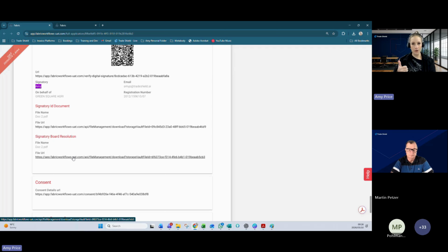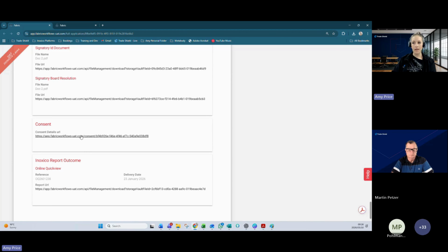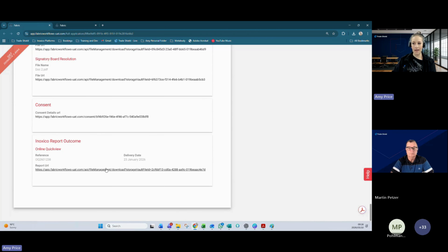When was this board resolution provided? Does it have an end date for when Amy can stop signing on behalf of the company? Has it been signed by a director? And does that director look like the directors on the credit report? Does it match that name? So that's what we're going to want to go and check. Okay. Then we've got our POPI consent. You can have a look at it, but there's nothing really to check there. And then, as I said, that credit report is at the bottom, so you can go ahead and look at